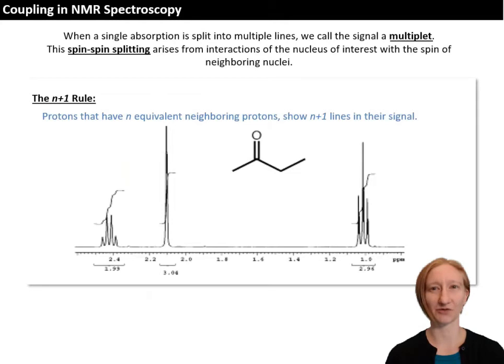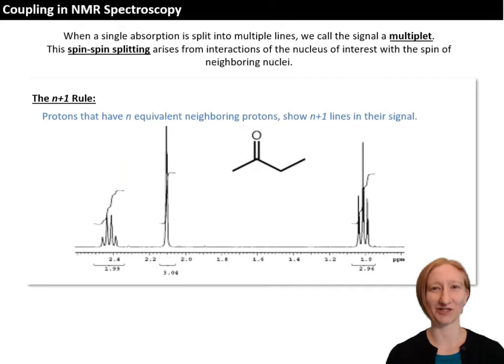A multiplet arises when a single absorption or peak is split into multiple lines. This coupling, or spin-spin splitting, arises from interactions of the nucleus of interest with the spin of neighboring nuclei. And we use the n+1 rule to predict how many lines an absorbance will be split into. The n+1 rule tells us that if a proton is near n number of adjacent protons, then it will be